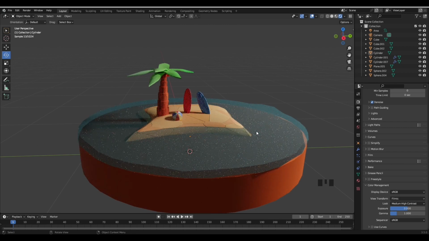And now you can add more assets, which is what I'll be doing now if you want to watch the speed run. But other than that,